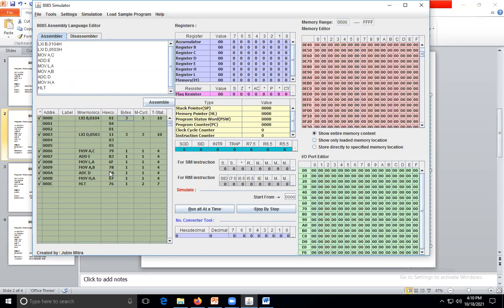Let us see how the registers store the data, step by step.